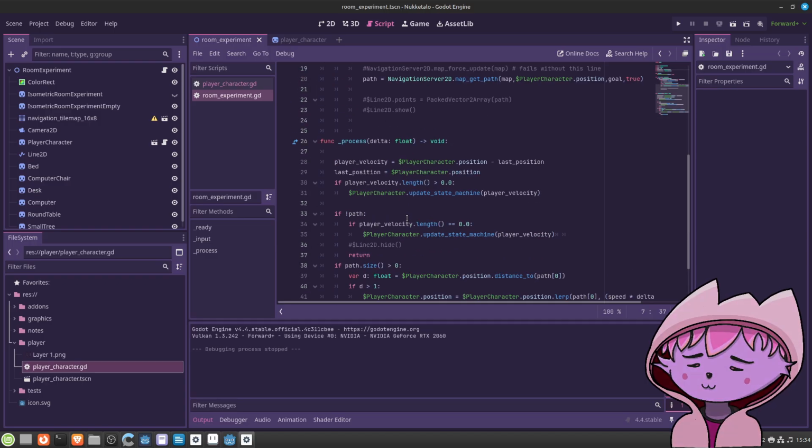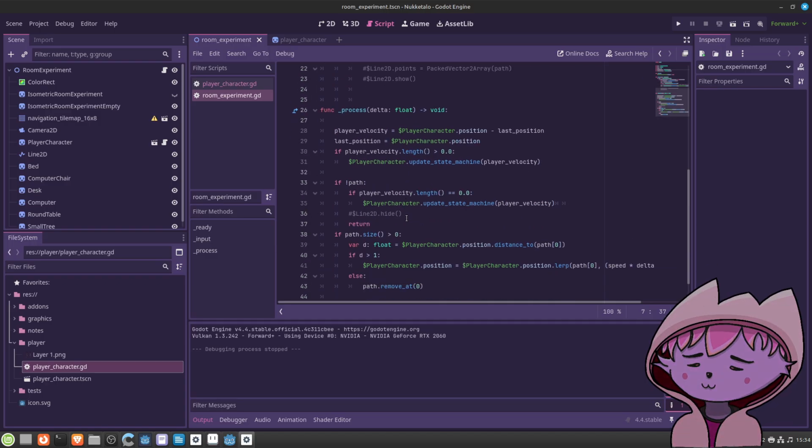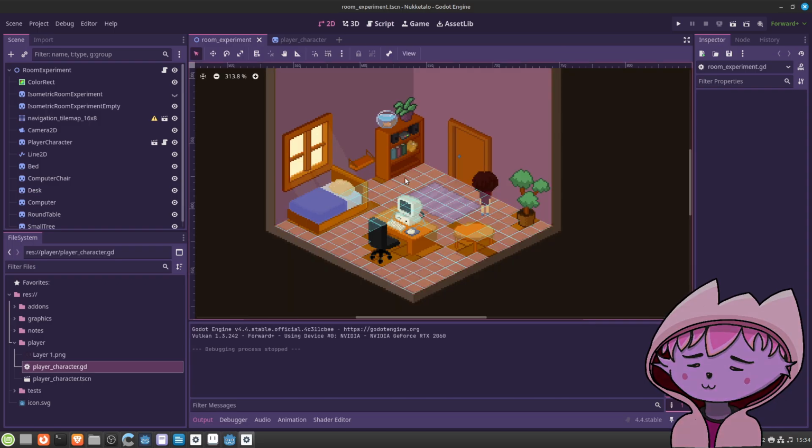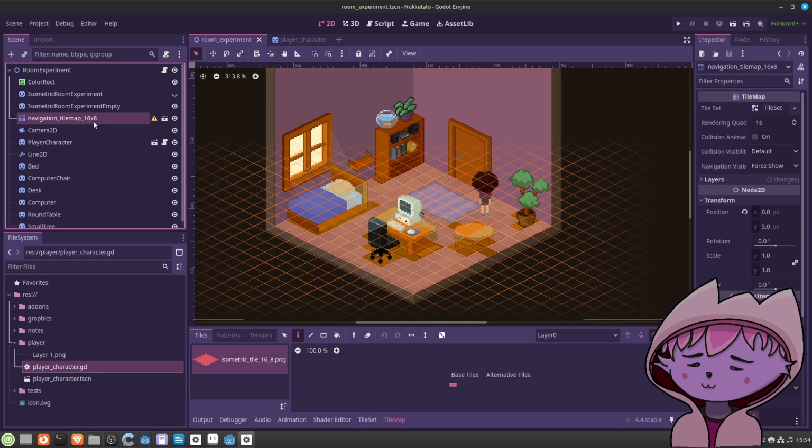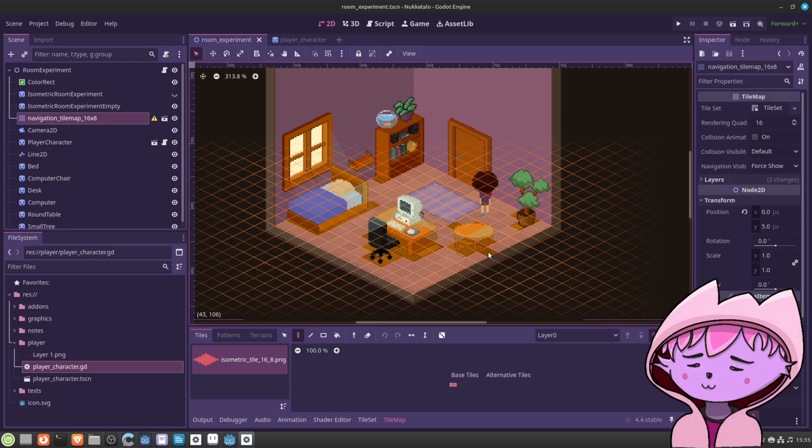The difference is we would need to define these navigation tiles for everything, and then we would need colliders. We would need to tell Godot where stuff is.